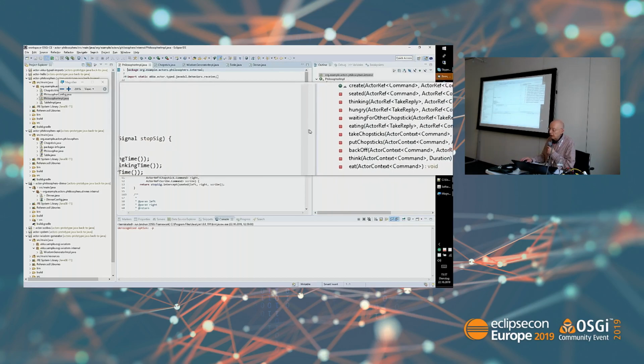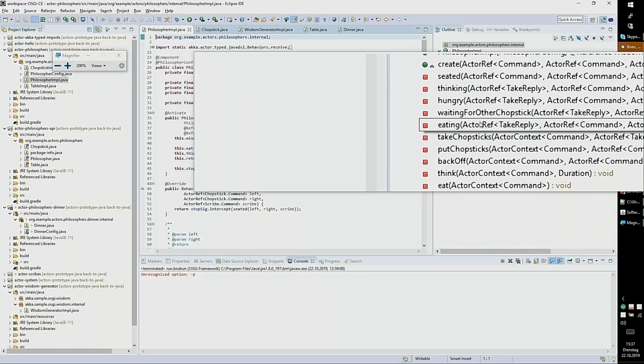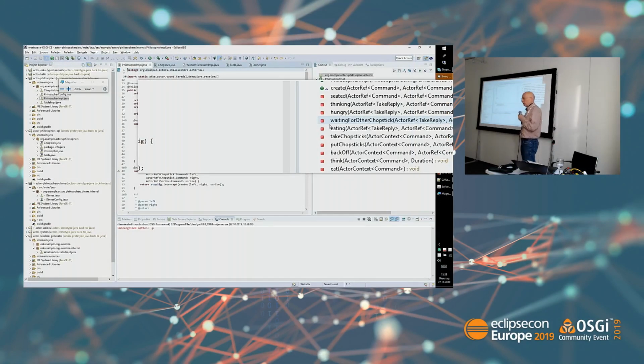So this is the very actor-specific flavor of coding, but it's important to realize that there's no state in the actor proper. There is the injected service, that's true, but that just happens once. But for all the rest of the processing, the only state is which behavior is registered with the actor runtime system. So which is the next behavior that's going to be executed when a message arrives. There's no internal